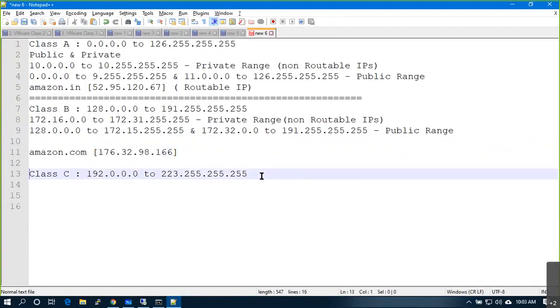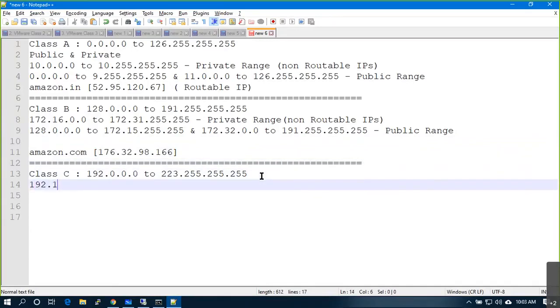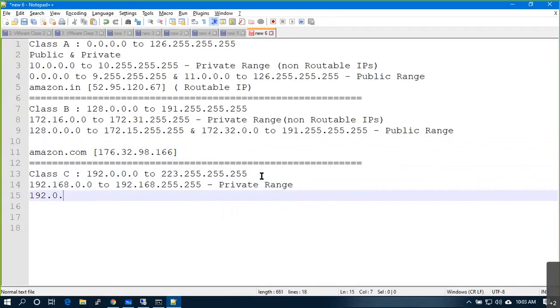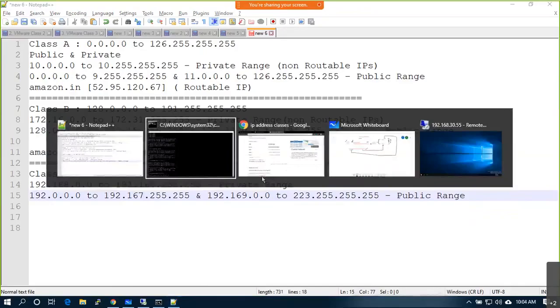And when it comes to class C, the private range is 192.168.0.0 to 192.168.255.255, and the public range is 192.0.0.0 to 192.167.255.255 and 192.169.0.0 onwards. And what is an example? Ping